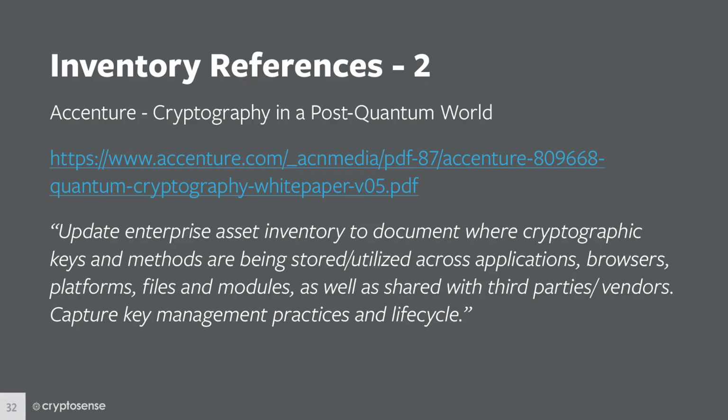And Accenture, so they have a similar kind of report about what will happen to cryptography in the post-quantum world. And essentially, they talk about extending your enterprise asset inventory to document the use of cryptographic keys, as well as third-party vendors. I think they said this should be complete by June 2019. It was a little bit optimistic, but I'm sure they'll sell you a consultant who will come and do it for you. But yeah, so there's a bunch of references out there that you can dive into to get some sort of third-party opinions about what an inventory should look like.